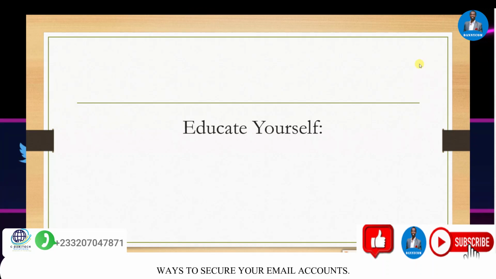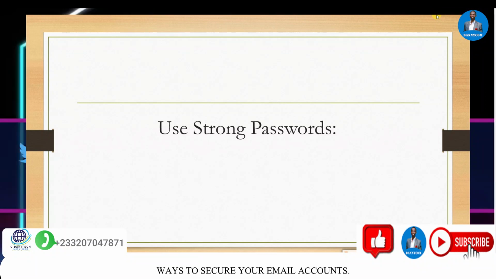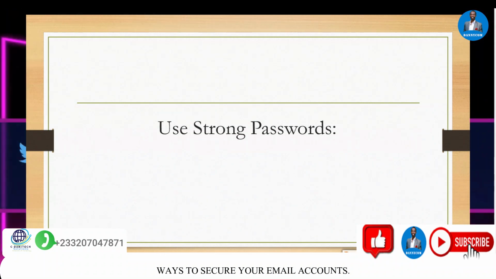The next thing I am going to talk to you about is, when you are using emails for professional communications in your workplace or organization, even the emails that are linked to your mobile phones or mobile devices, you must use strong passwords. It means you cannot just be using your name or your date of birth or any simple password for your emails.